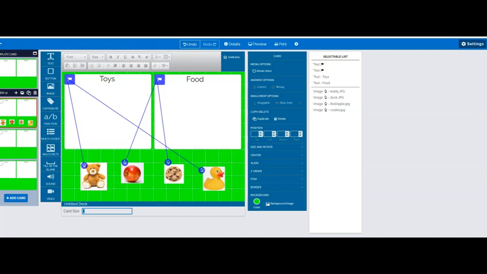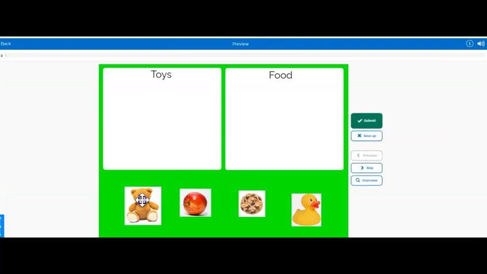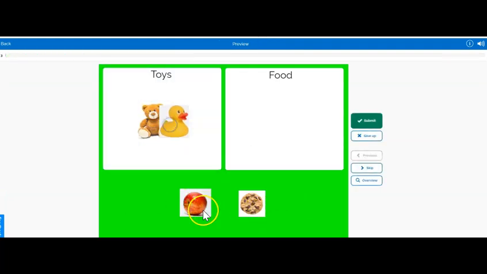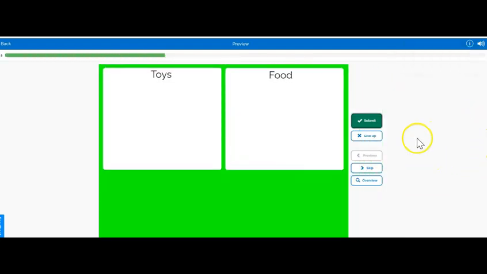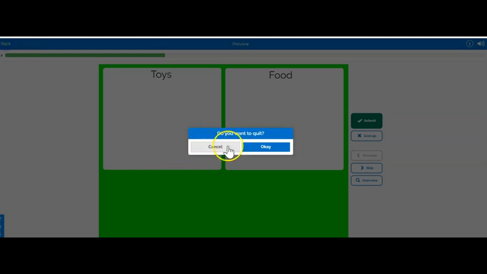Okay, so I had to stop the recording and go back and try to figure out why it was saying it was incorrect. That's because I had my answer options as correct. So you don't need your answer options on because it's like automatic. So from the selectable list, I clicked the green off. I turned off the correct answer. So now when you go to preview and you say toys go here, food goes here, and you click submit, then it's correct. So anyway,